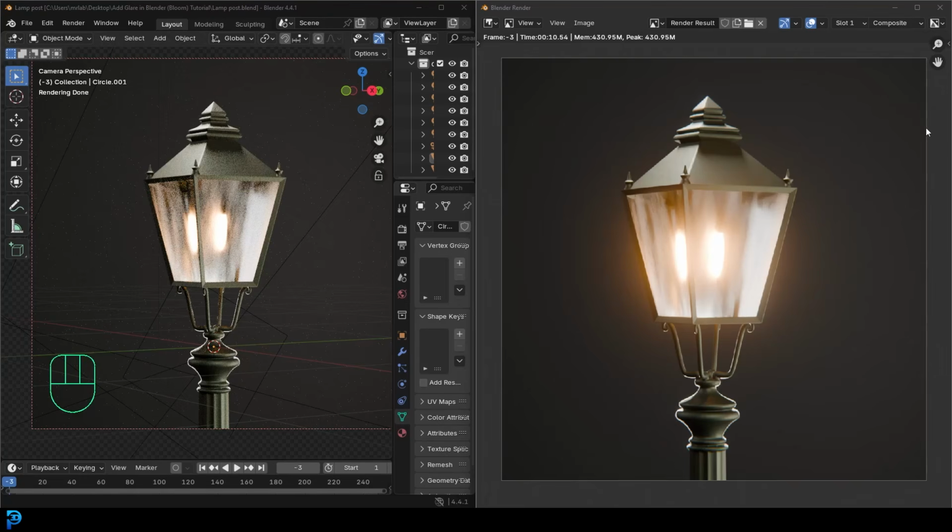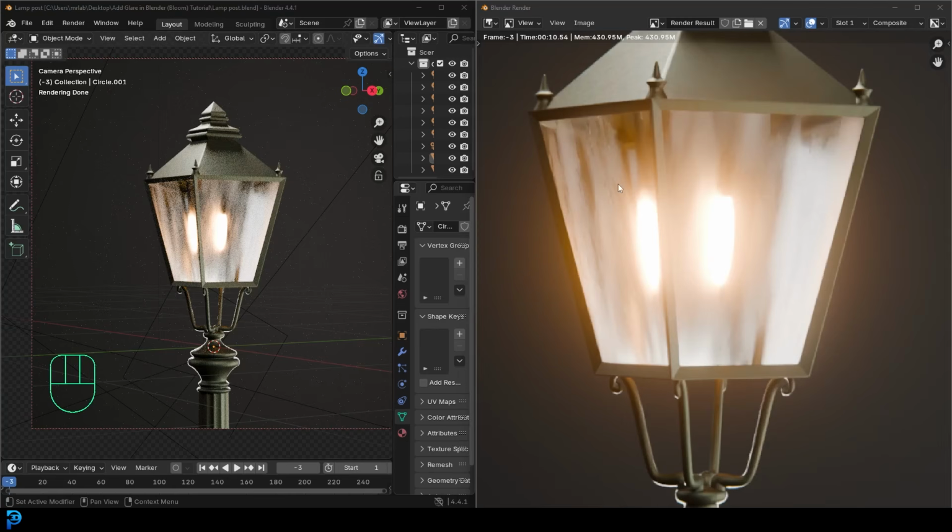Welcome back to the channel, and today we're going to be looking at glare in Blender. Now, glare is actually really important because without it, sometimes a scene, especially something with lights or reflection, looks really flat. And giving it glare really adds that atmospheric feel, makes it feel warm, fuzzy, and it's actually really easy